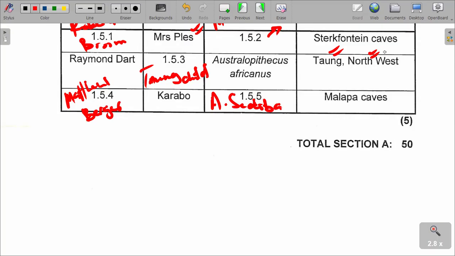So now we want to understand that this was discovered by Matthew Berger. We should not forget that Matthew Berger discovered Karabo. And then one other thing that you need to know is that this one,